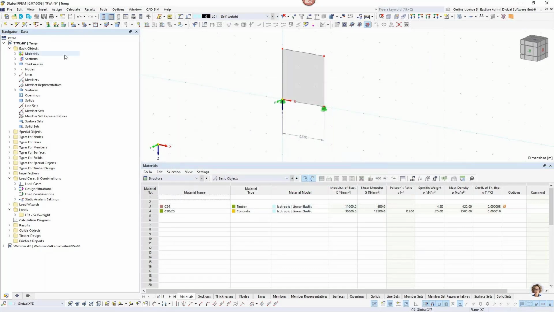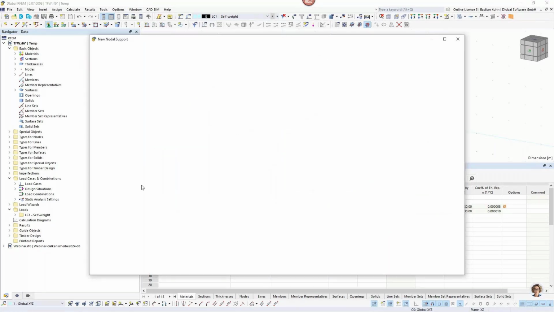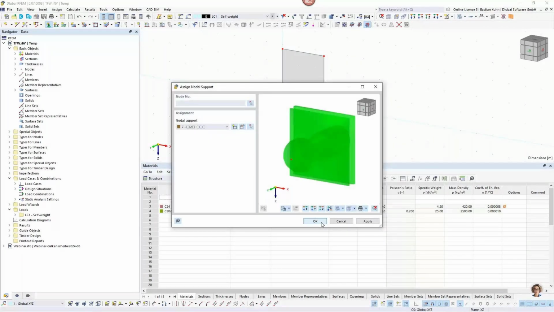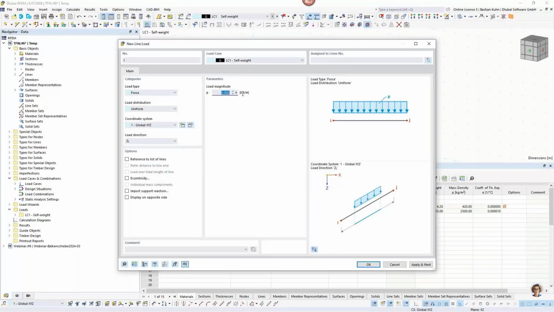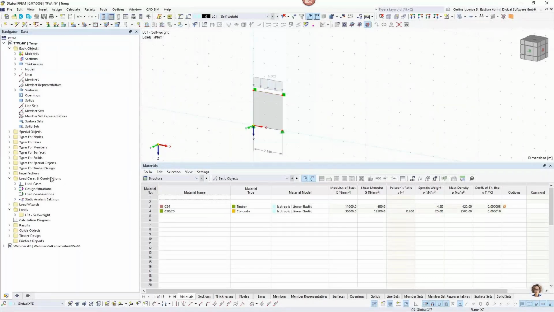okay, and so that it's not flipping outside of the plane in Y direction, I will define the translational degree of freedom in UY direction. Okay, I will put a line load for the first load case of a value of 5 kilonewton per meter, and go to load cases and combinations